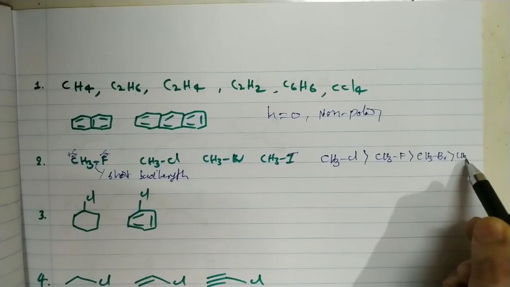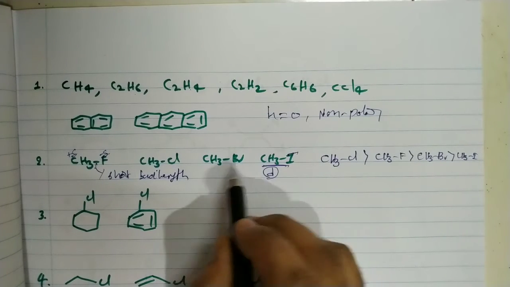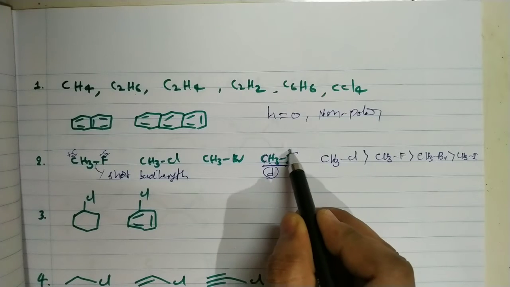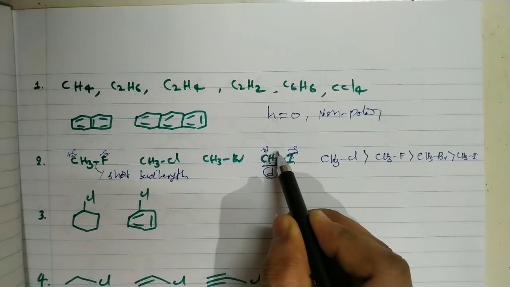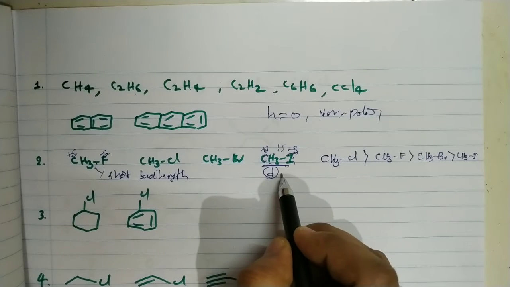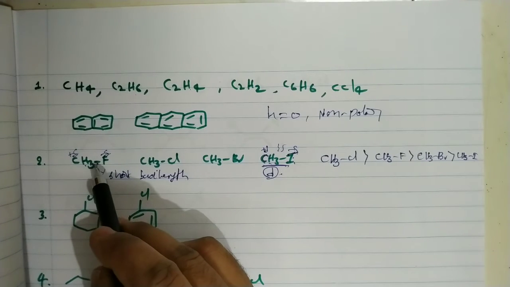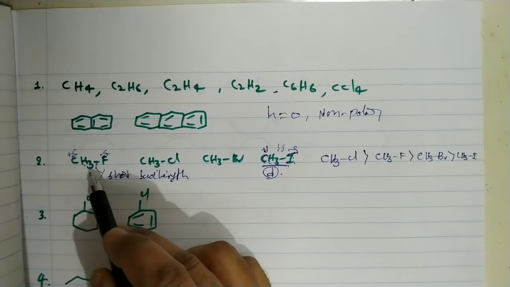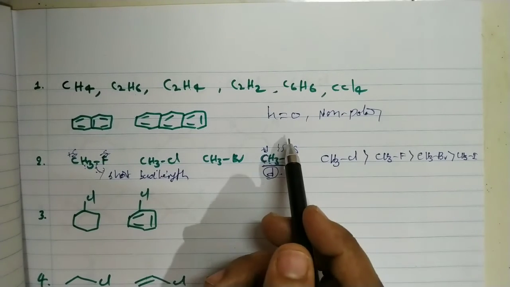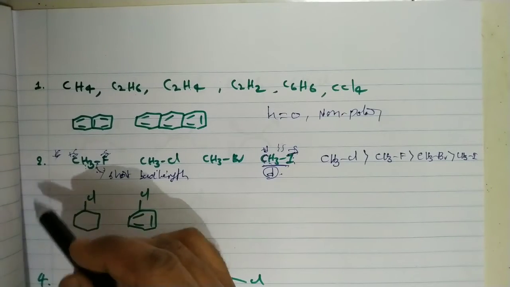CH3Br and CH3I: of course the carbon-iodine bond is longer, so d is higher, but the polarity of the carbon-iodine bond is very low. The magnitudes of the negative and positive charges are negligible, so the product of charge and distance is very small. For CH3F, the product of charge and distance is somewhat lesser than for CH3Cl because of the short bond length of the 2p carbon and 2p fluorine atoms. That's it. This is also a previous question, an important one.